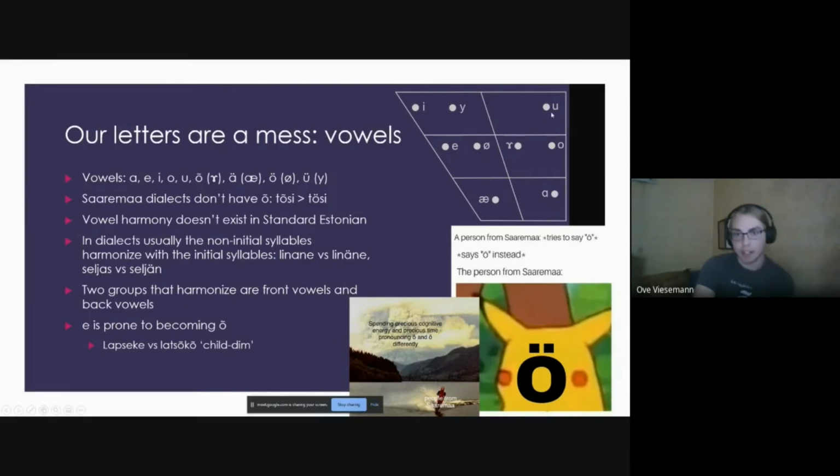These here and these here. And as we can see, linane has changed into linane as here, front. Then seljas, seljan as in the front. Then A is prone to becoming and well, lapseke versus lapseke. And it is tried in diminutive. And well, A has become but also is harmonizing with the back vowels. And here is a meme about a person from Saaremaa who tries to say something instead. The person from Saaremaa is just